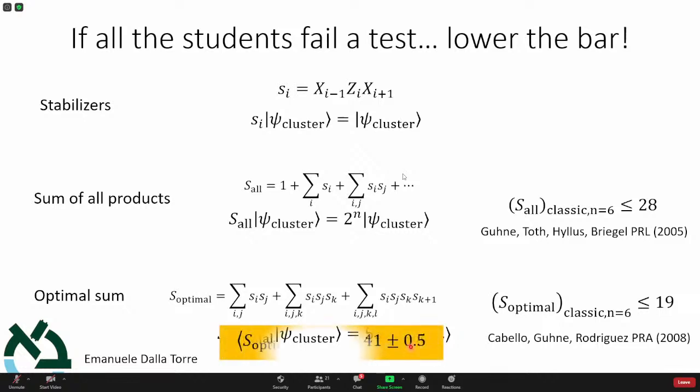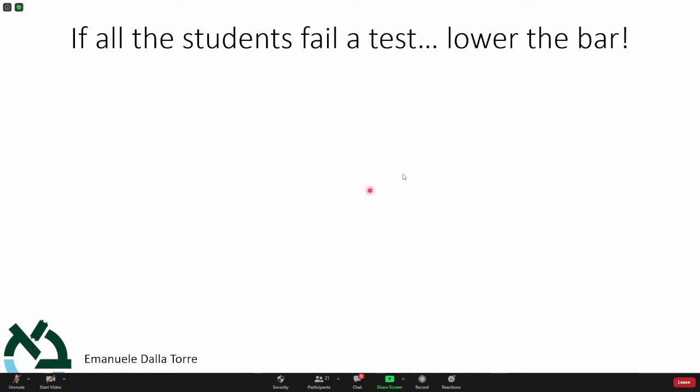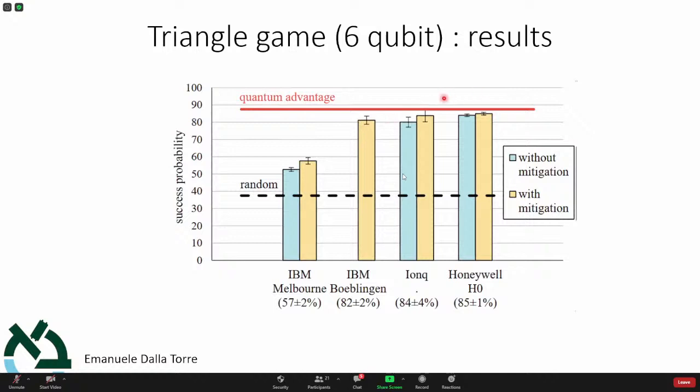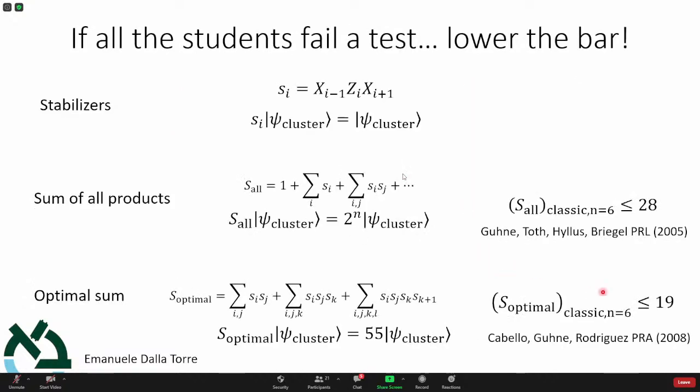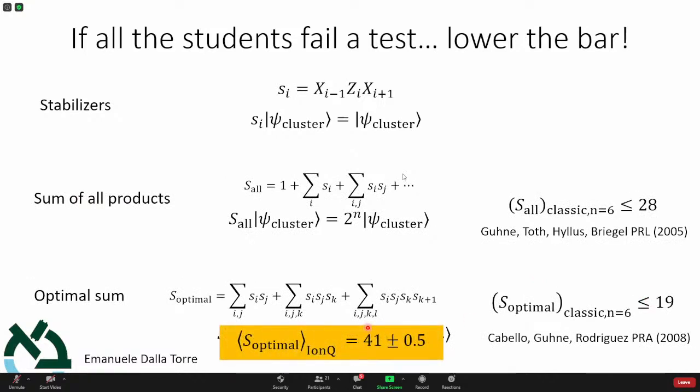And indeed, when we ran it on an IonQ quantum computer, we got 41. So 41, it's about 80%. The quantum computer is still of the order of 80%, like here. Remember, all the quantum computers are about 80%. The problem is that the bar was 87.5%. So we lowered the bar much lower, to 19/55, and so we can get over the threshold. So it also means that different tests can detect quantum correlations more easily; there are some optimal tests. And that's what we did here.